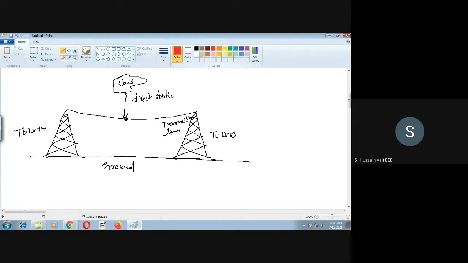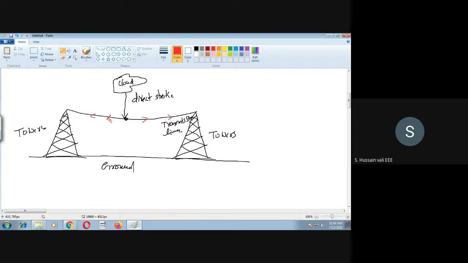You will expect that at this point the large value of current will divide like this, because this current will enter here at this point. You are sending current at this point. So when you send some current at this point, you have only two ways, left side and right side. So some current will flow through the left side, some current will flow to the right side.